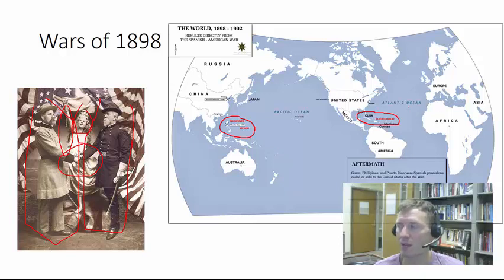By 1898, Europe had divided Africa into jurisdictions, so that the British and the Dutch and others had different jurisdictions. The British were powerful in India. The French had strength in Vietnam. And the United States is basically grabbing the little colonies that it can, as part of this emerging global trade.